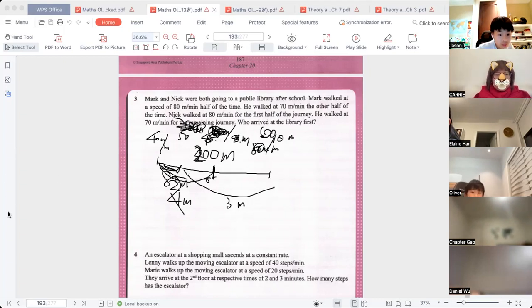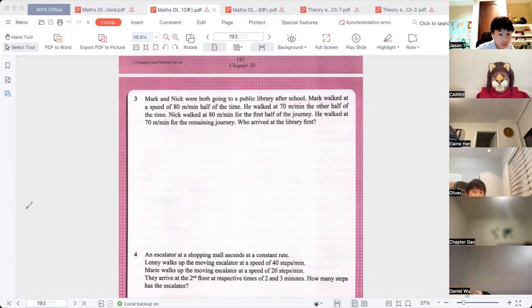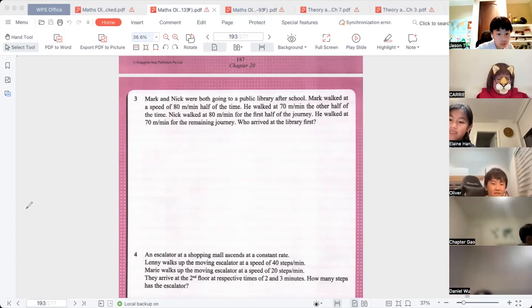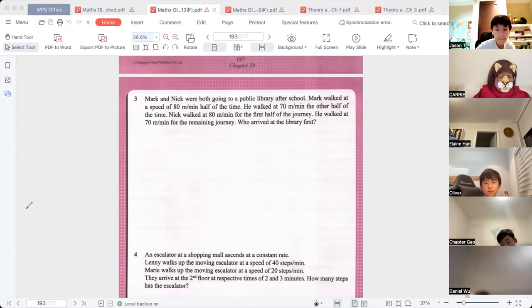Okay, so everybody, when we're doing those questions, let me just give you a trick, okay? You can just name the variable, or you can just use a special number to do that. Why you're using a special number is because,